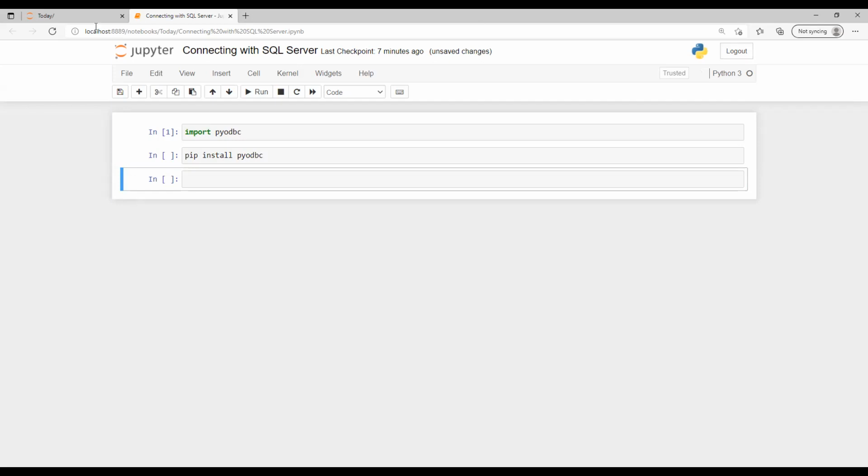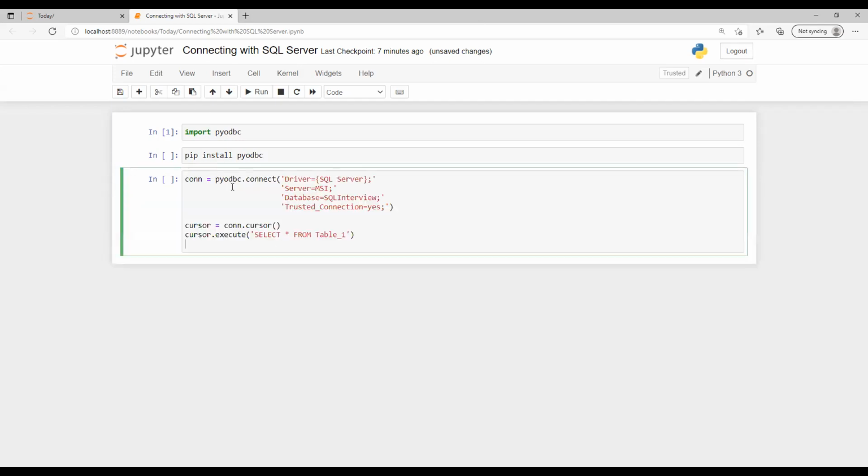So now after importing this, what else do we need to do? We need to do this, so I just copied and pasted. We need to create one variable where we can put the connection, with a name I provided, and then we need to provide all the details which we need here. So we need the SQL Server driver, which is fine, then the server name and the database name.